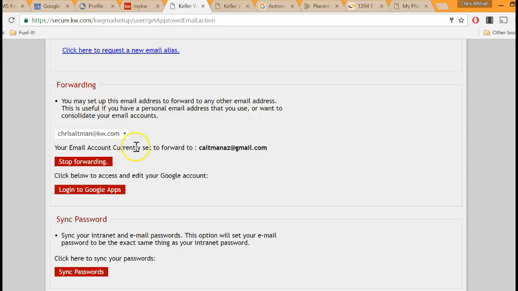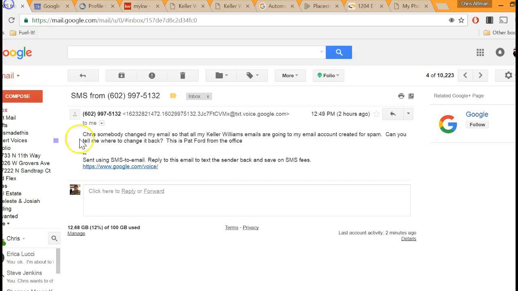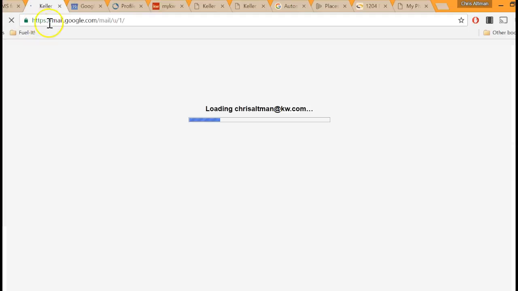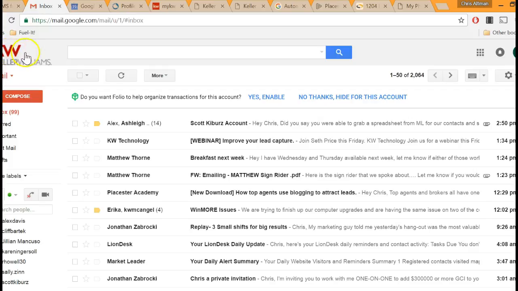The other way that you can set up forwarding is actually through Gmail. If you're used to Gmail, you can log in using your Gmail. I'm going to log into my KW Gmail address. Notice it's my Chris Altman at KW. Make sure you're loading into that one. Notice up here, it might be slightly off your screen, but it says Keller Williams up here in the upper left-hand corner. So that needs to make sure that says Keller Williams up there so that you know you're logged into your Gmail account,